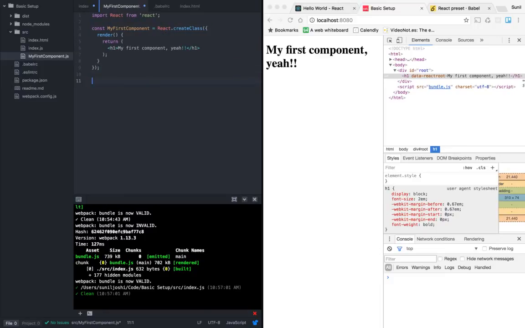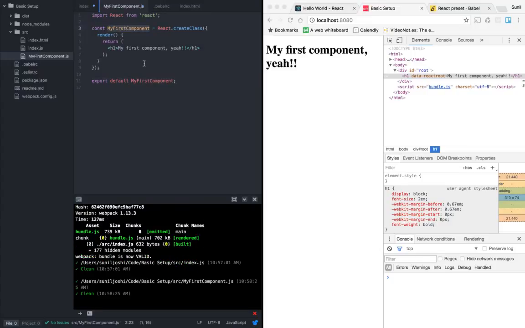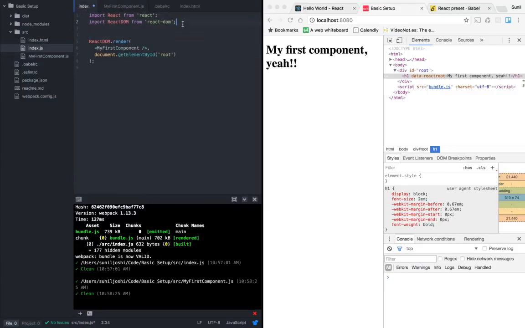And any module, we would like to expose to the project so that any file can just import it and start using it, right? So the next step is export default. We would like to export this module so that other files can just import it and render it, right? So here we want to import this from the file path.